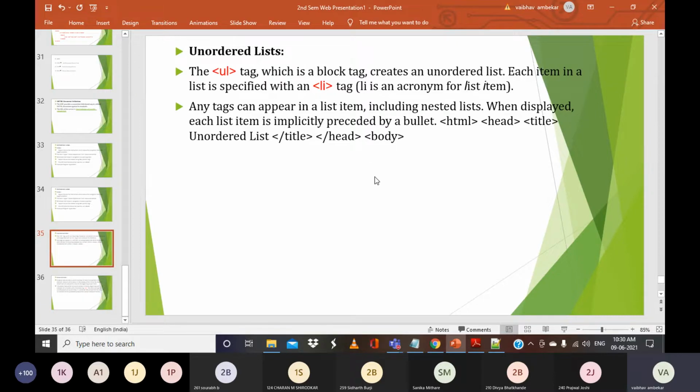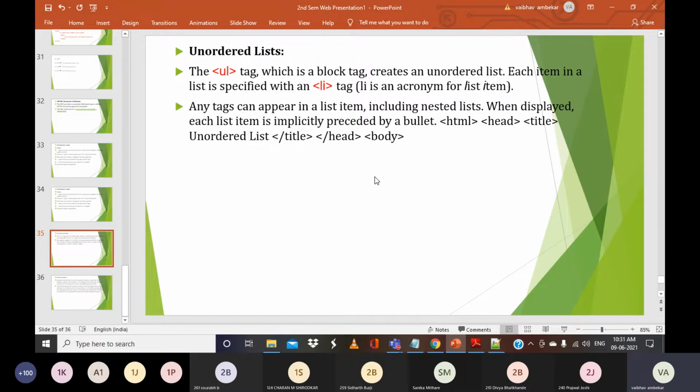So basically the advanced thing about links is that you want to give links such that the first link is for the first subject, second link is for the second subject and so on. Or even for items, like for vegetables, click on this link, for fruits, click on this link. So when you want to maintain different links, and arrange the items in a proper way, it can be links or any items, in such situations we use the concept of lists.